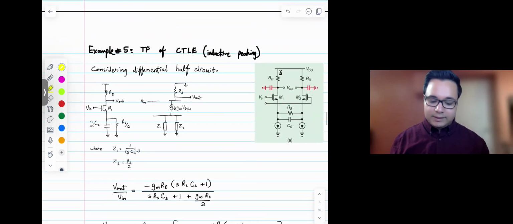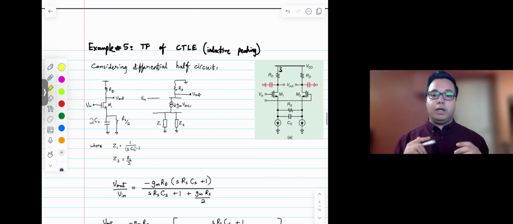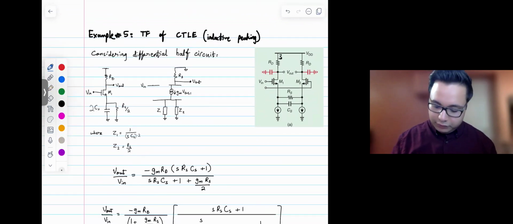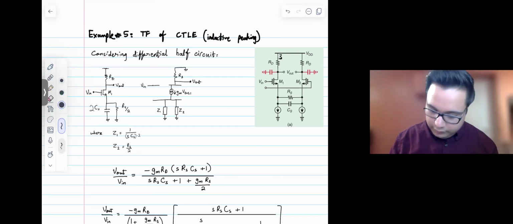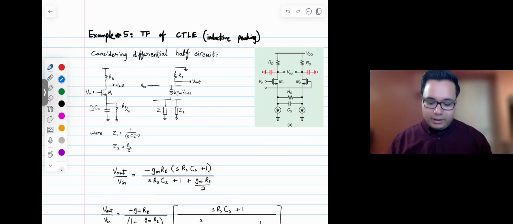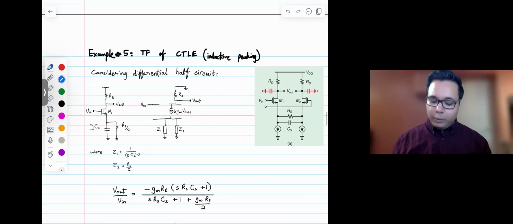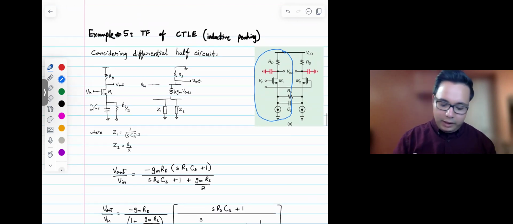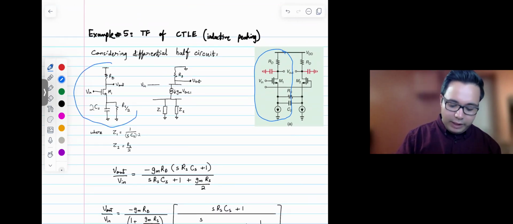And then let's look at the next example, which is the transfer function of a continuous time linear equalizer. So this is a very common block in a typical SerDes. And over here, I've shown the circuit. Sorry. So that's a circuit. And basically, the way to derive the transfer function is first you can take the differential half circuit, so just this part, let's say, and draw the small signal for it. So I have that over here,